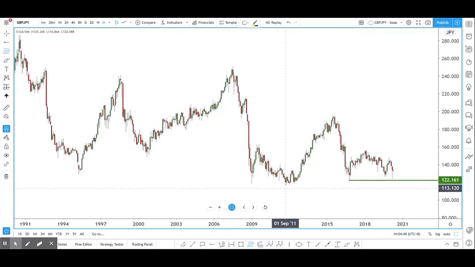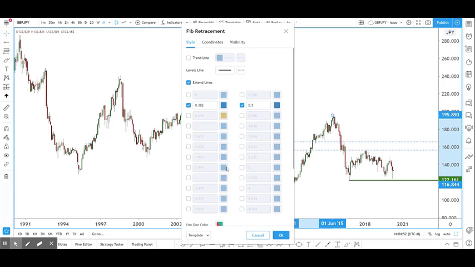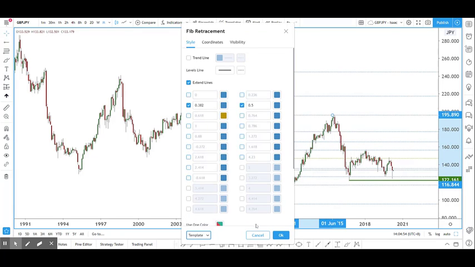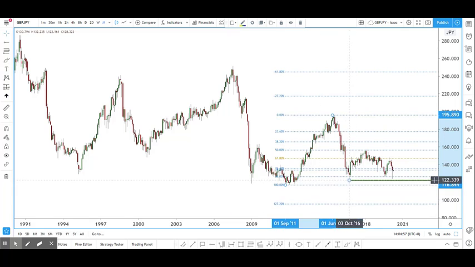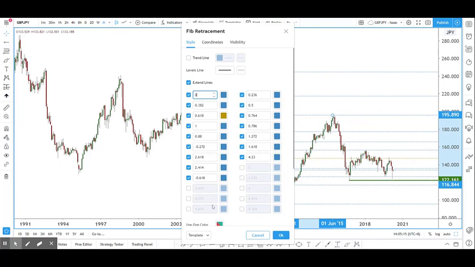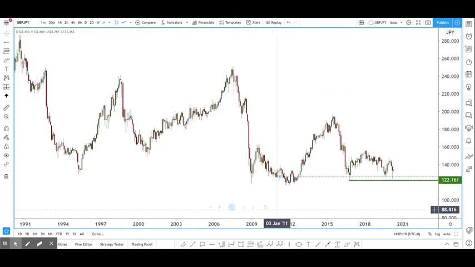I can take a retracement from a swing low here to the swing high. And let me open up all the ratios. I realize that this long-term support level is sort of in a zone where it's close to the 88% retracement. And actually, it's also close to the historical lows, right? But we want to focus more on recent prices. So let me just leave the 88 ratio here and try to find whether there's any other confluence